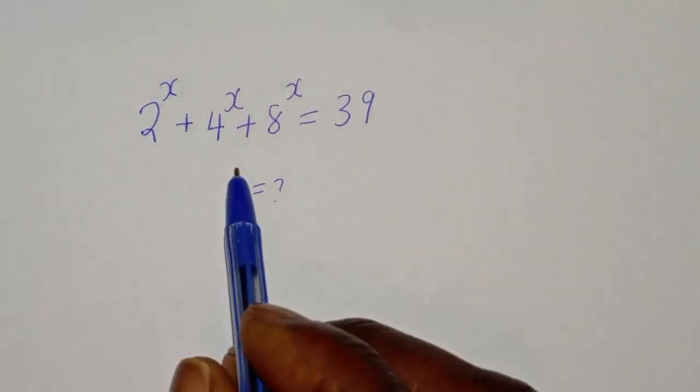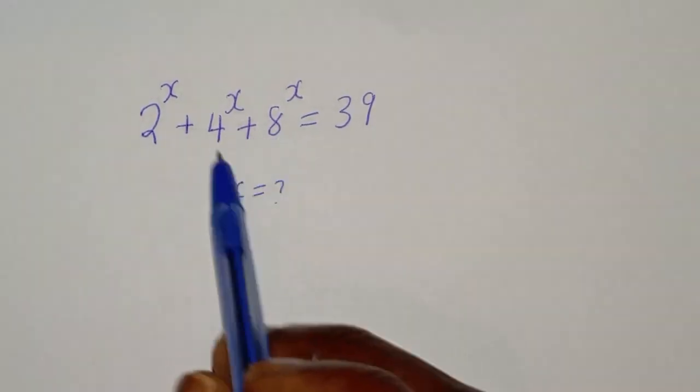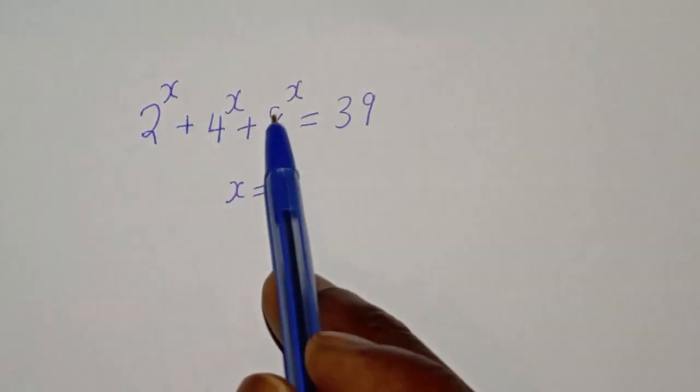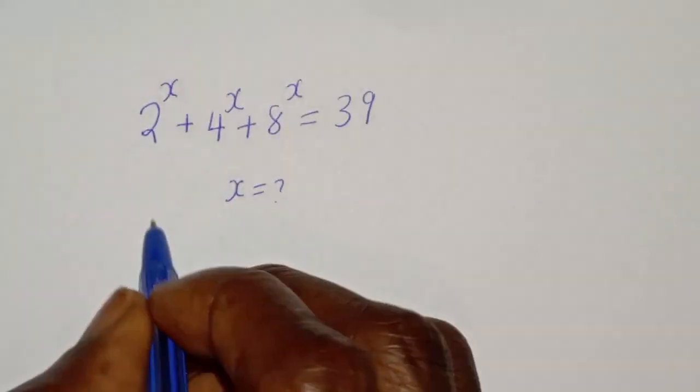Hello, welcome to Math. In this class, we want to find the value of s from this given equation: 2 raised to power s plus 4 raised to power s plus 8 raised to power s is equal to 39. Solution: